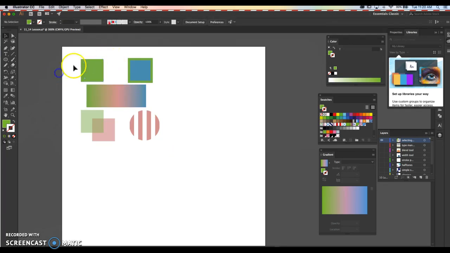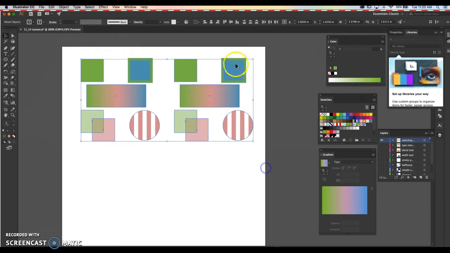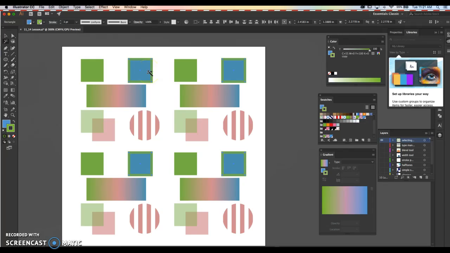So one thing that we could do is, I'm just going to make a couple of copies of these so we can see this being used. So one thing that we could do is we could use our magic wand tool. With our magic wand tool, we can go over and select specific colors. And what that's going to do is it's going to select anything that has that fill within it, right? Or that specific pattern, or that color with the opacity there as well. So that is one way that we could utilize the magic wand tool and select some colors,